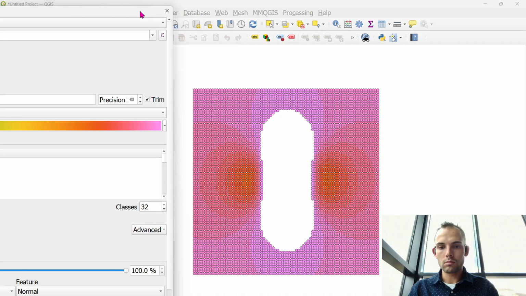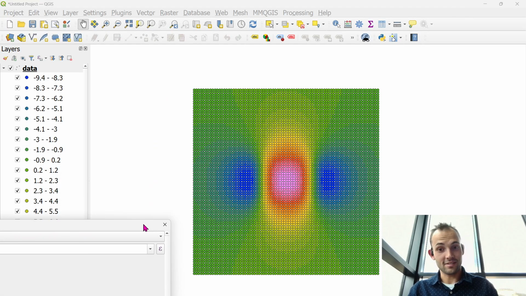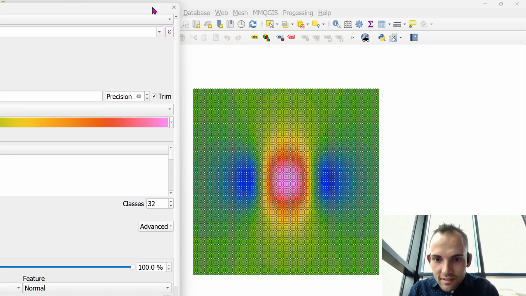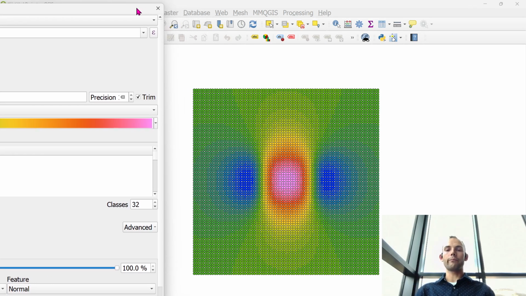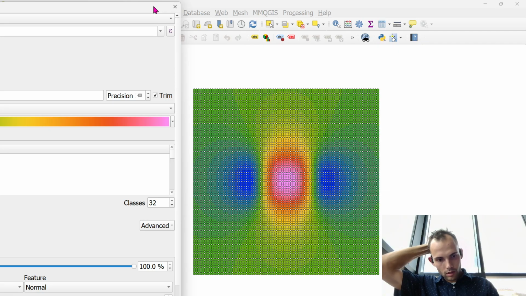Oh, I need to reclassify. Sorry. That looks about right. Things are varying east to west, and in